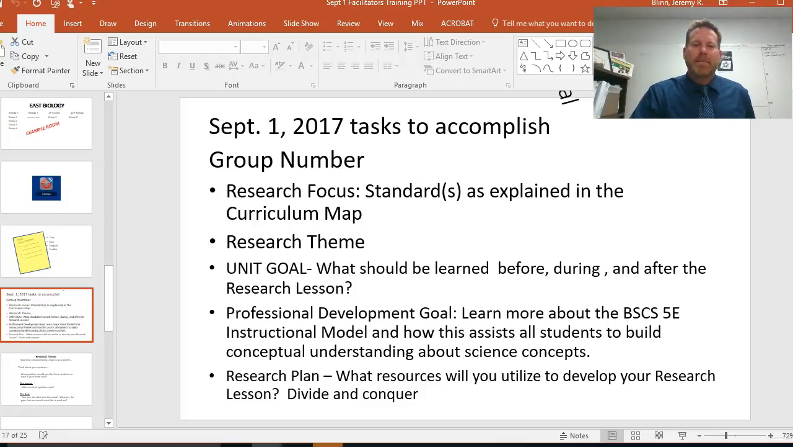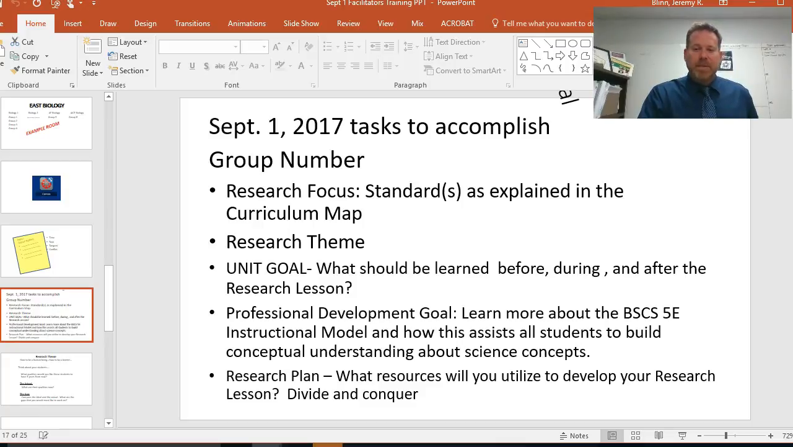You're going to get them to develop a research focus, which is a kind of a code word for select a standard as explained in the curriculum map. So their focus is that standard. The research theme, I'll tell you what that is in a minute. A unit goal, what should be learned before, during, and after a research lesson. What the heck is a research lesson? The research lesson is what they're working together on after they develop these goals. Professional development goal,